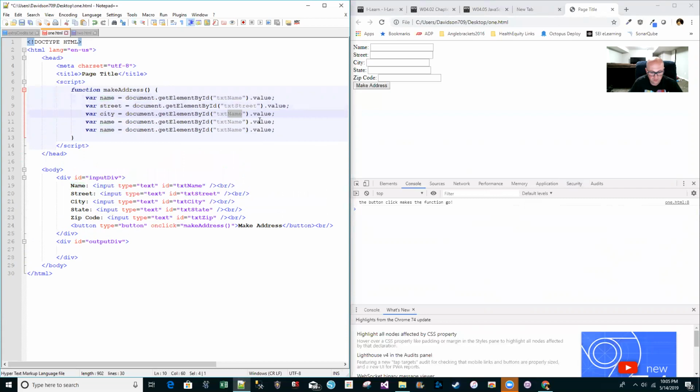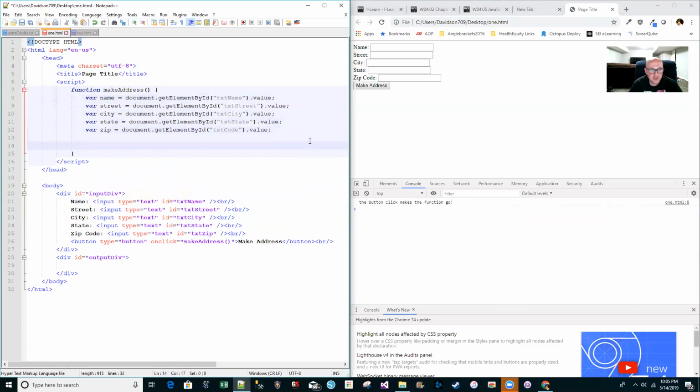Same deal for city. Same deal for state. And finally, same deal for zip code. Just know that these variable names are not connected at all to these IDs, but when we say go to the document and get an element with an ID, this has to match exactly the ID in the HTML element. Okay, so now, just to make sure that this is all working, I'm going to console.log